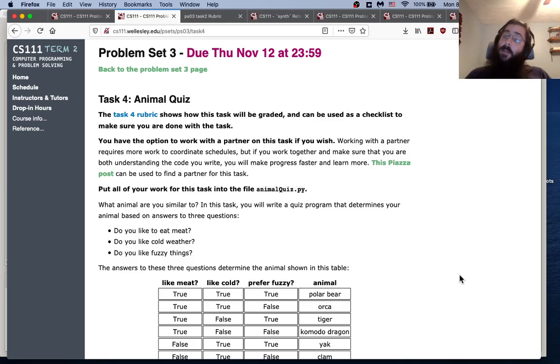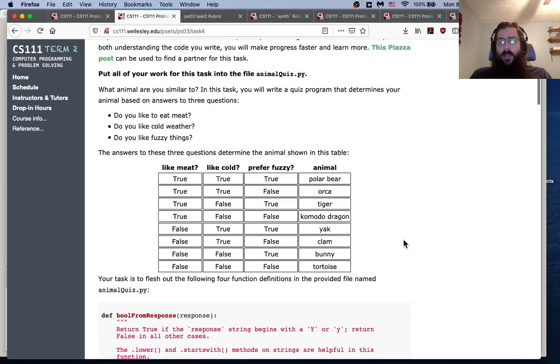This task is the animal quiz. It is more practice with using booleans and conditionals to achieve different results. This is another problem where we're just going to be using input and printing. So we're not worried about turtle or music. And the gist of this is that